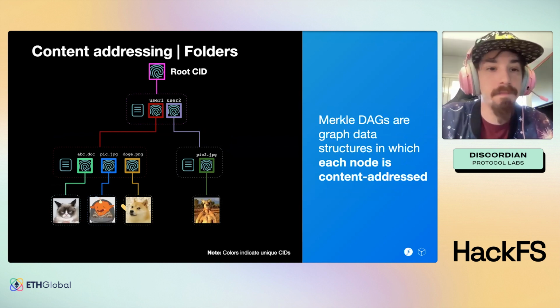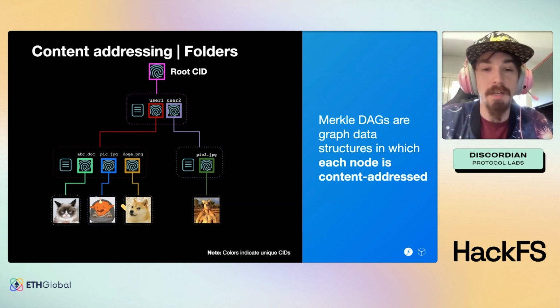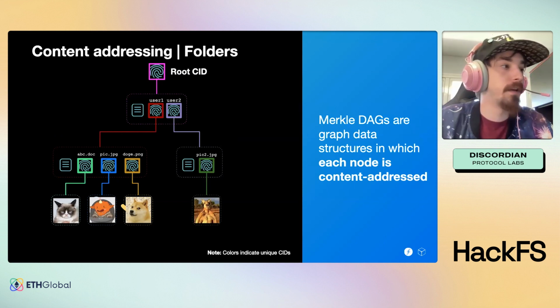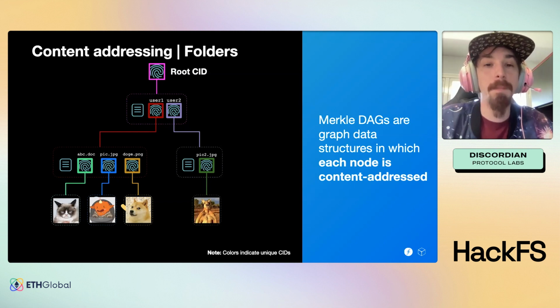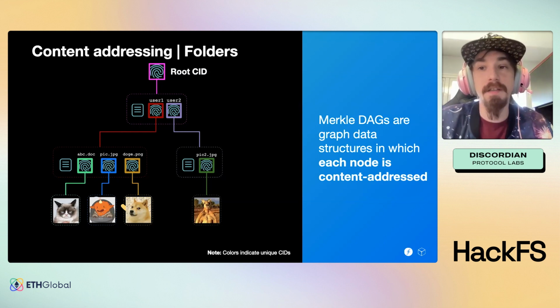Let's bring it to life. As you can see here on the left side, our top level folder has a root content ID. It has two entries corresponding to two folders, and those two folders have other entries corresponding to files. Each entry has a different fingerprint. That's visualized with the colors here. This content address type of graph is what we call Merkle DAGs, directed acyclic graph. These Merkle DAGs used by IPFS allow us to move from location-based addressing to content addressing in a single step. We're just replacing locations with the root CID of their content, and the subpaths stay the same.